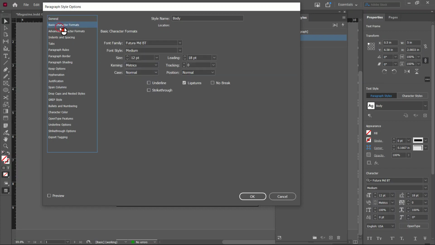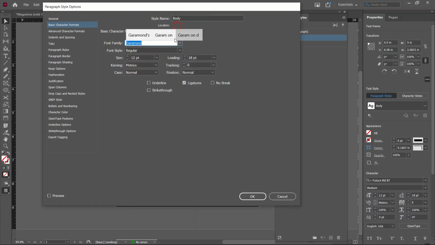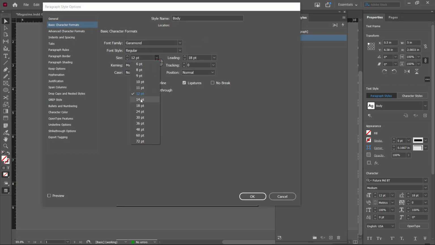From here, if I go to basic character format, I can change the font here again. Maybe I change it to Garamond. Okay, let me change it to Garamond. The size, let me change it to 14. Okay, you can see the leading. The leading is 18. The leading is the space in between the texts. Are you getting me? And the kerning is like the space